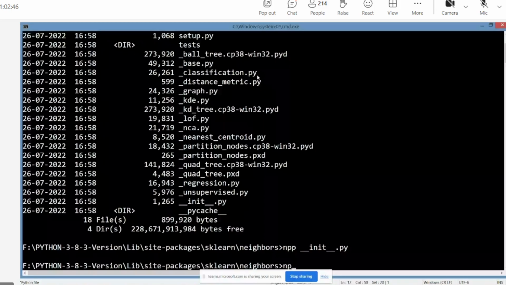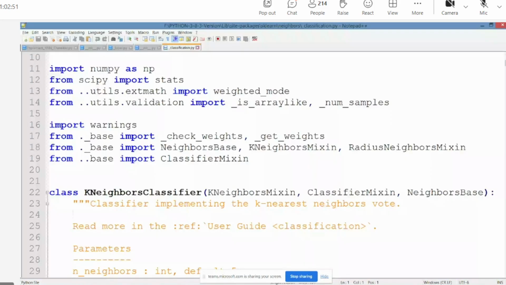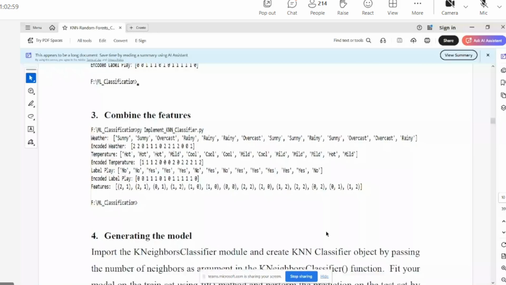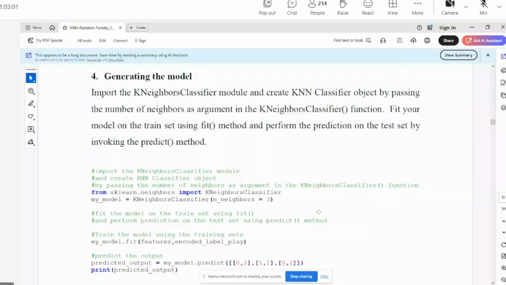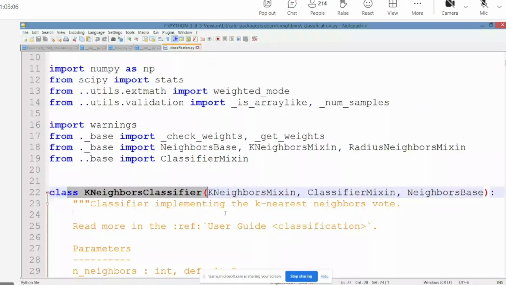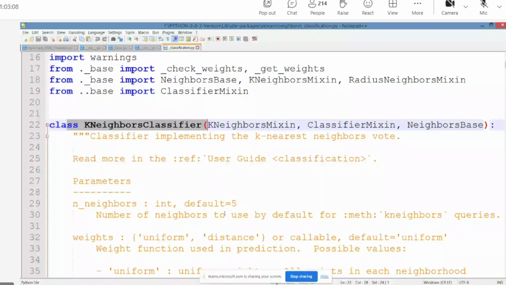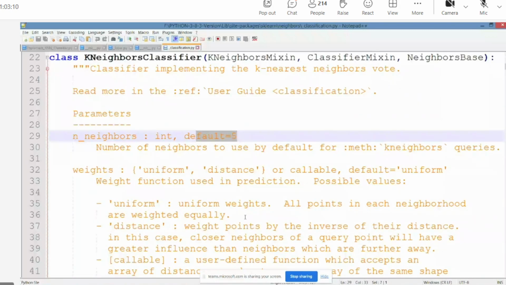Now you have to see, yes, there is a class called KNeighborsClassifier. So this is also not a method. Just because there are parentheses, you should not get confused and confuse the students. Now, what it will do, as I said, you see here, the default k value is 5. If you want to change it, you can also change it.